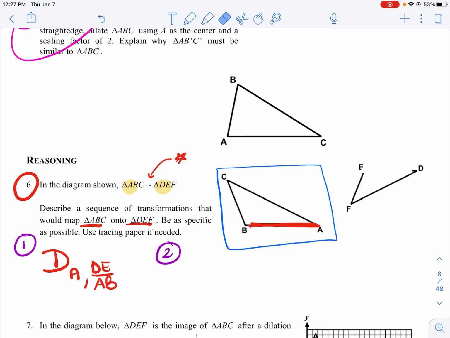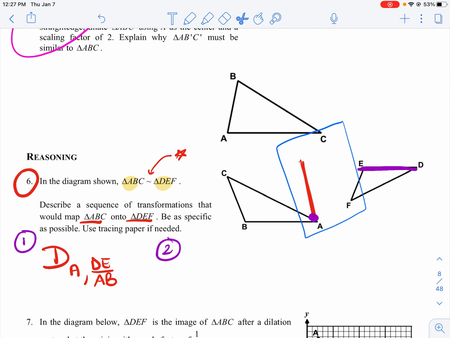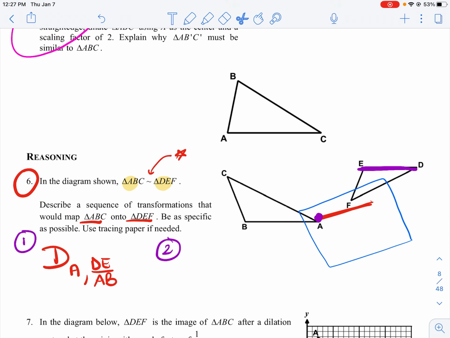And then how did these sides line up? D, E, well, the only way they work is by a rotation. So we would have to rotate about A so that DE